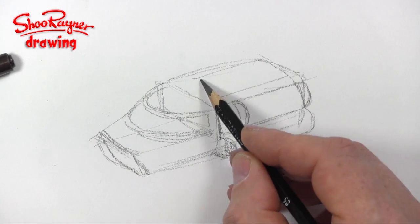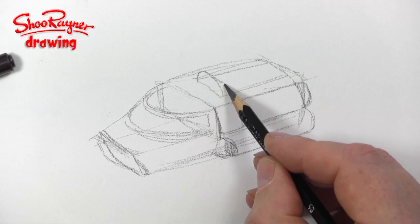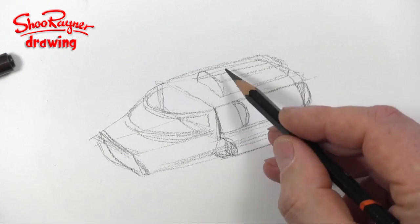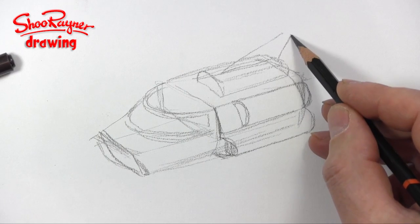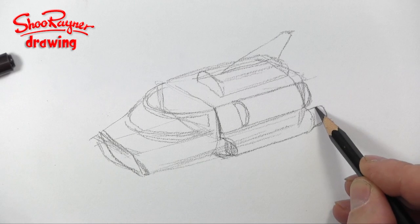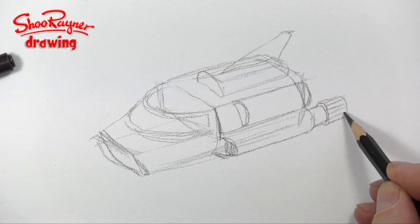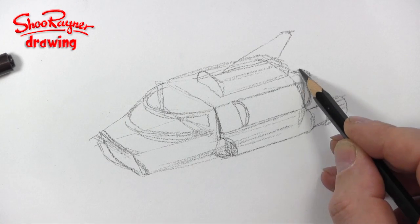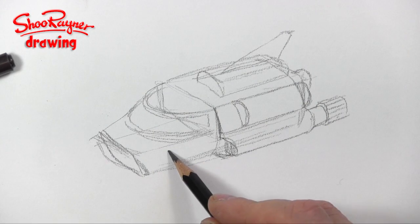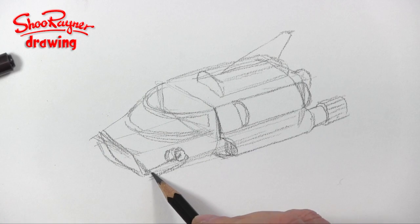And on the top we have another kind of unit, which is basically a box on the top there, and the fin. This section here goes off into a tube, and you want to make it a thicker tube, but these in fact are all veins like that, and then you might be seeing a little bit of the one on the other side there. All we need to worry about now is round about here we have the front lighting system,